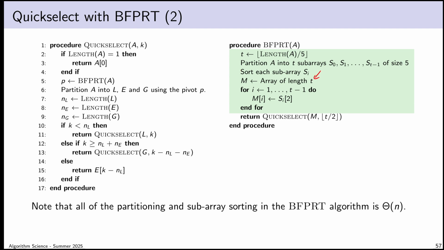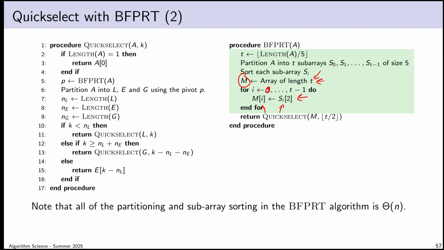Now I make, just for the sake of, there are ways around having to do this directly, but for our purposes, it's easy to do it this way. What I do here is I make an array of length t, and this would be my array of medians. And actually, I think the iteration here is to start at 0, not at 1. And then I just copy in each element of my array of medians is going to be the ith subarray's